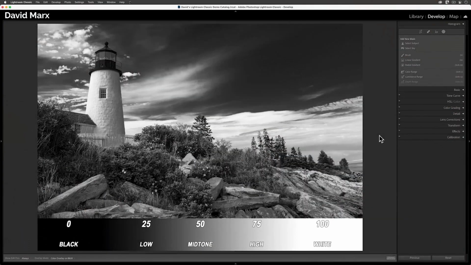On the screen right now is a black and white photo that I created for this demo. I intentionally picked a black and white here because to understand how luminance masking works, we need to think about the tones or brightness values in our image. In Lightroom Classic, our scale of brightness runs from pure black, which has a luminance value of 0, all the way up to paper white, which has a value of 100. Medium gray, which is what we call a mid-tone in black and white photography, has a luminance value of 50.